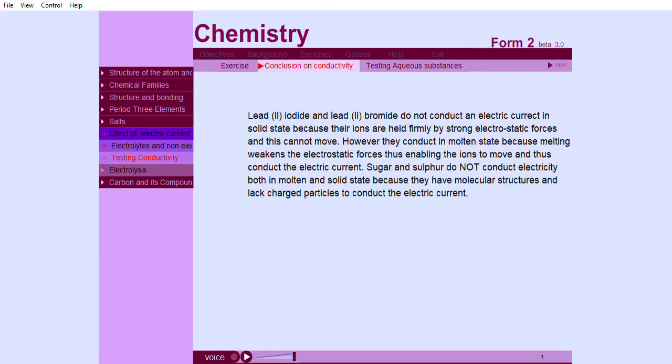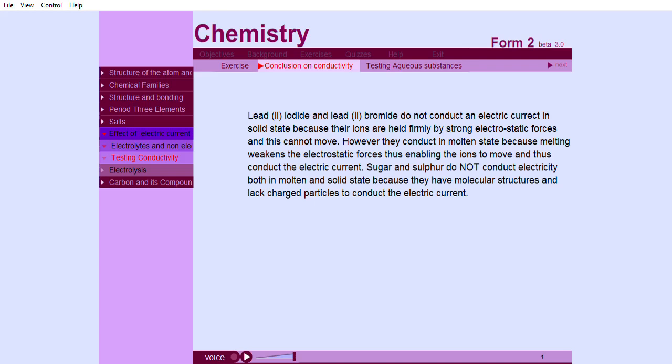Lead-2 iodide and lead-2 bromide do not conduct an electric current in solid state because their ions are held firmly by strong electrostatic forces and these cannot move. However, they conduct in molten state because melting weakens the electrostatic forces, thus enabling the ions to move and thus